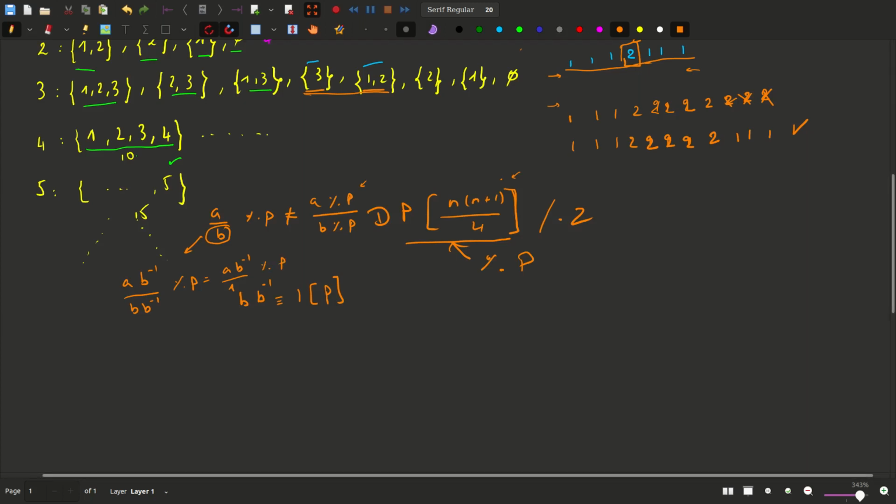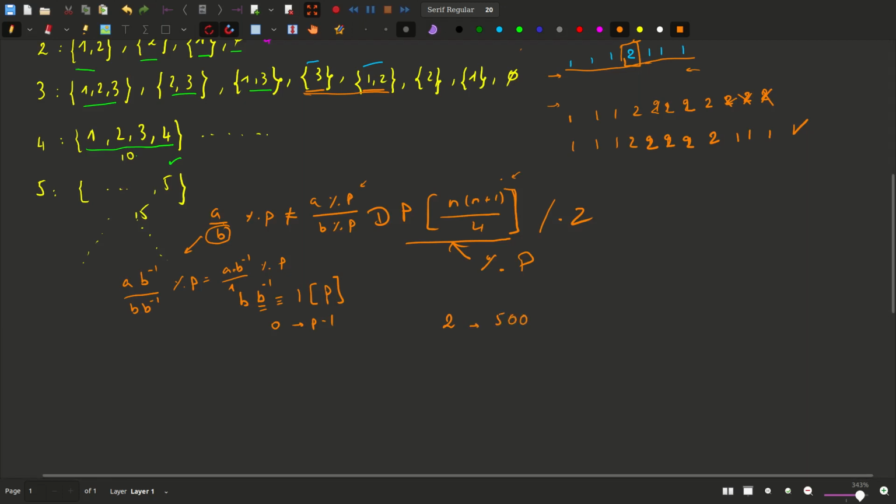In this case, we transform the division we had into a multiplication, which is good. So here when I say b inverse, it's not actually a fraction, but it is also a number from 0 to p minus 1. So for example, in this case, the modular inverse for 2 would be